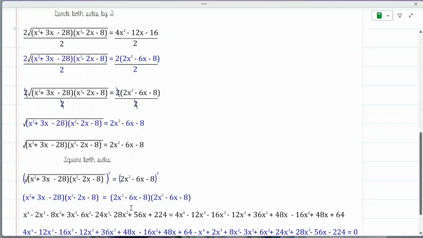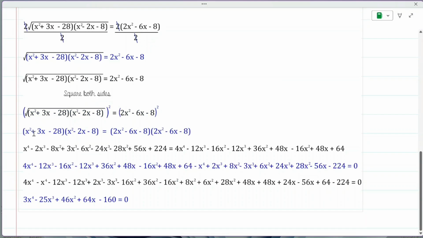So repeat it twice, then you expand. Imagine going through this process of expanding. By the time you expand what is on the left, you get a power of 4, and on the right you get a power of 4 too. But on the right, the coefficient of x to the power of 4 is 4, while on the left it's 1. And I don't want the letter with the highest power to be negative, so I take this plus 1